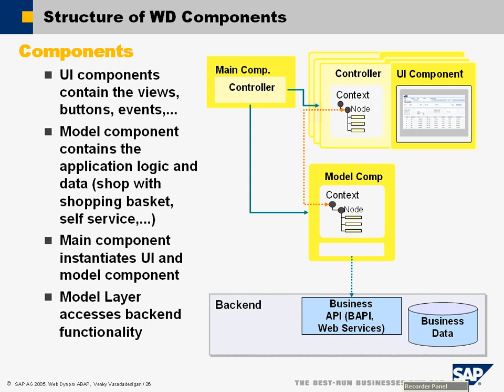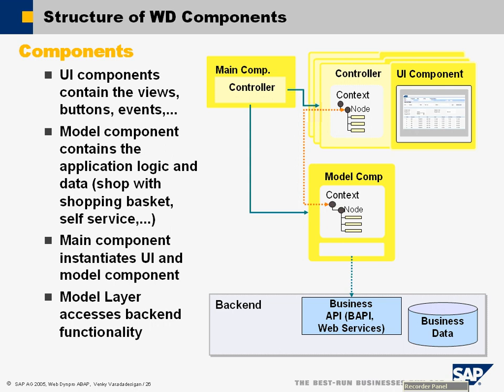We know what components are, but what are the different types of components available? What will be the typical structure of an enterprise application that you develop? You have something called a UI component. That's what we have seen so far. The UI component is mainly for handling the user interface, rendering the views. So you design your views and then embed them in windows, and then have the user interaction event handling in